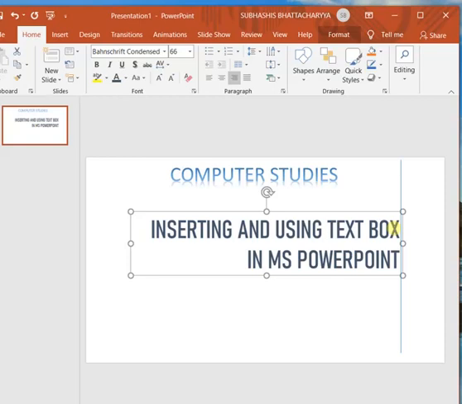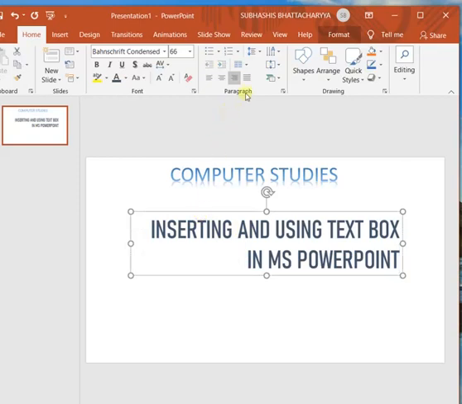However, the spaces on the left side are of different lengths because, as I have already told, the first line is longer, so the distance from the left margin to this line is smaller, and the second line is shorter than the first line, so the distance from the left margin to this line is longer on the left side. But as it is right alignment, both the lines end at the same place on the right side, so it gives rise to the right alignment. Now next is justify.